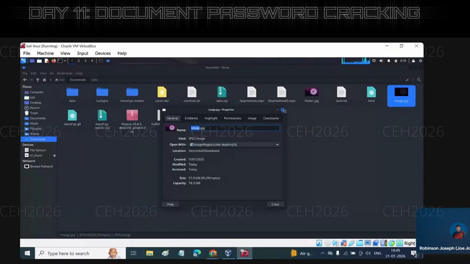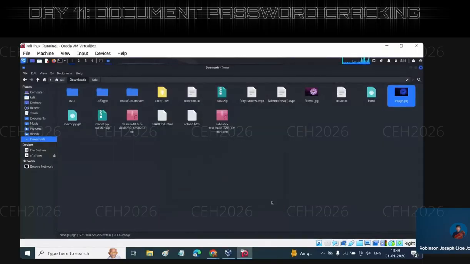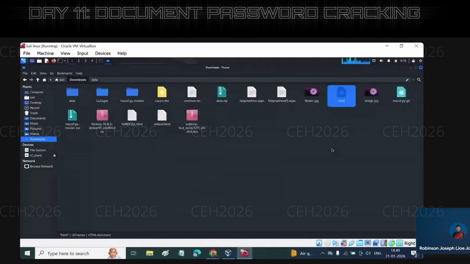Okay. Fine. Now what I am going to do, I am going to delete this hash.txt file. Why am I deleting? Because the hash.txt file is already there. So how would I be able to know whether the hash.txt file is extracted or not? So I deleted the hash.txt file. Fine. Now after that,